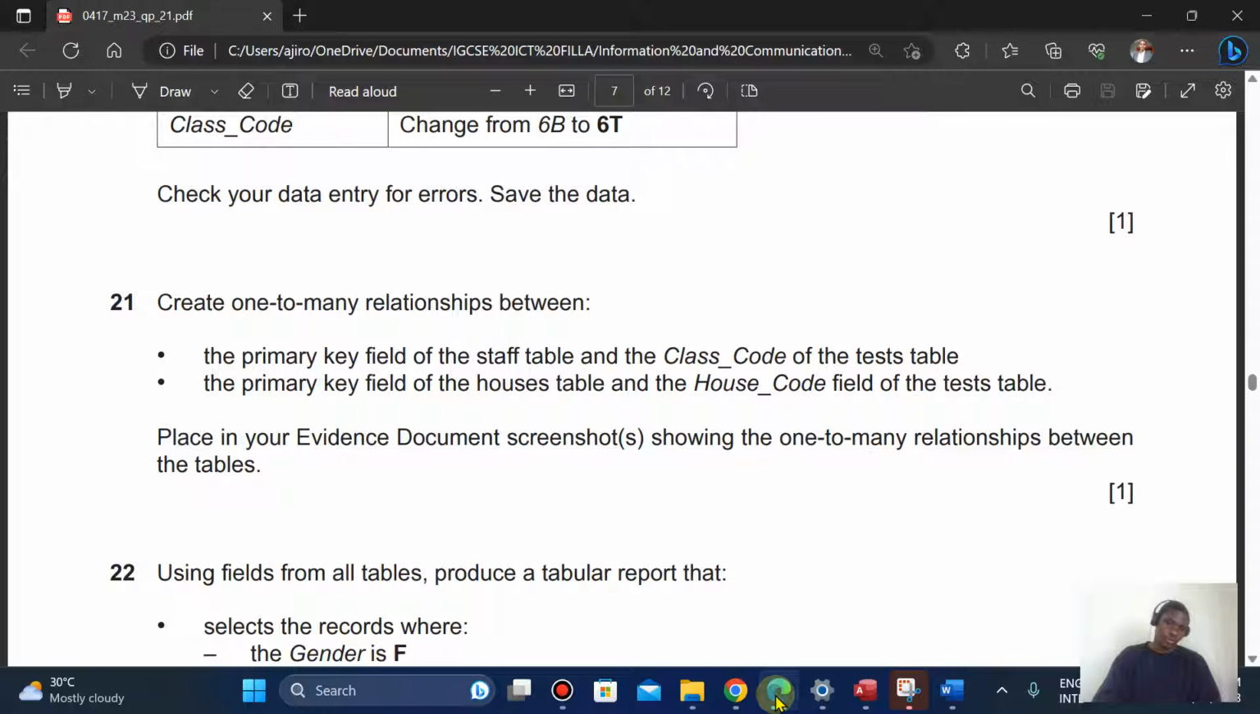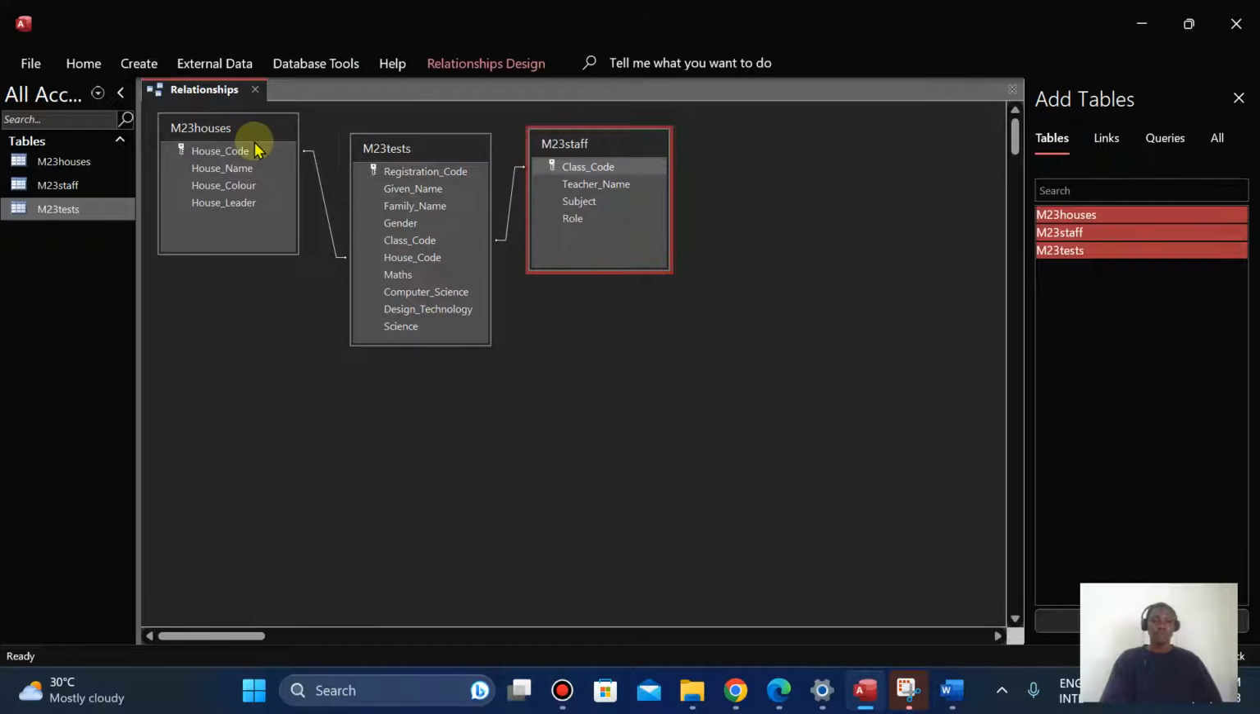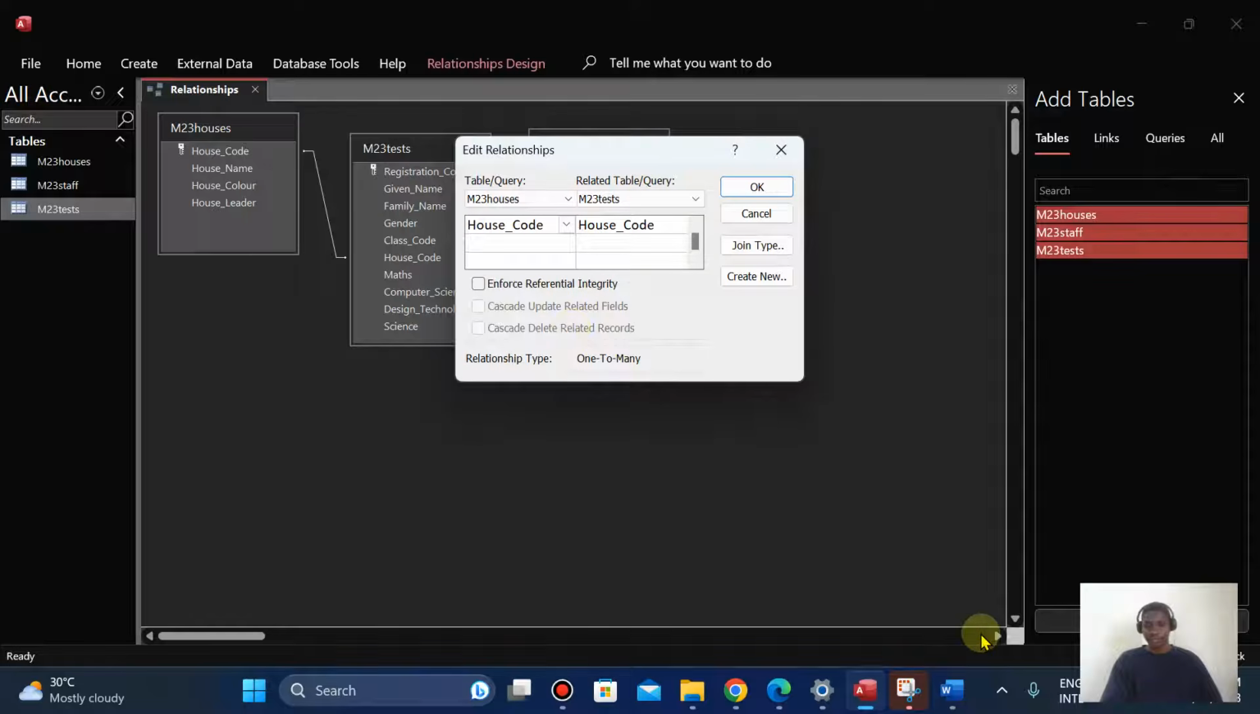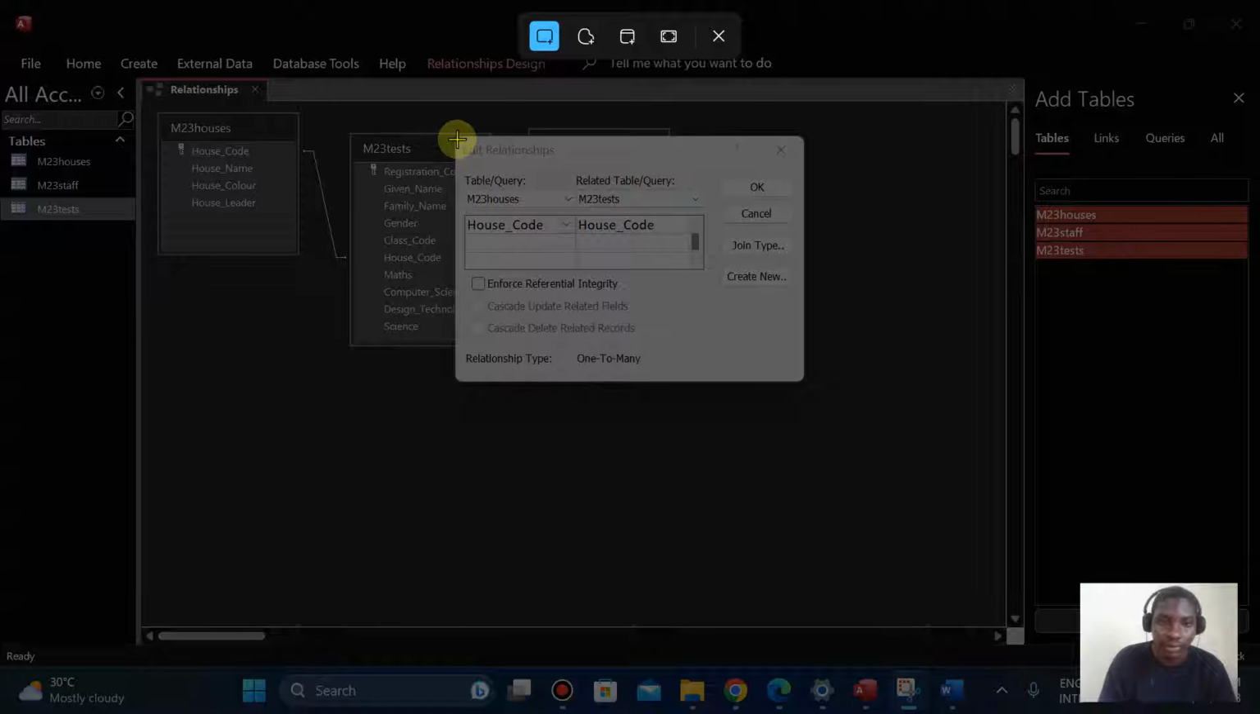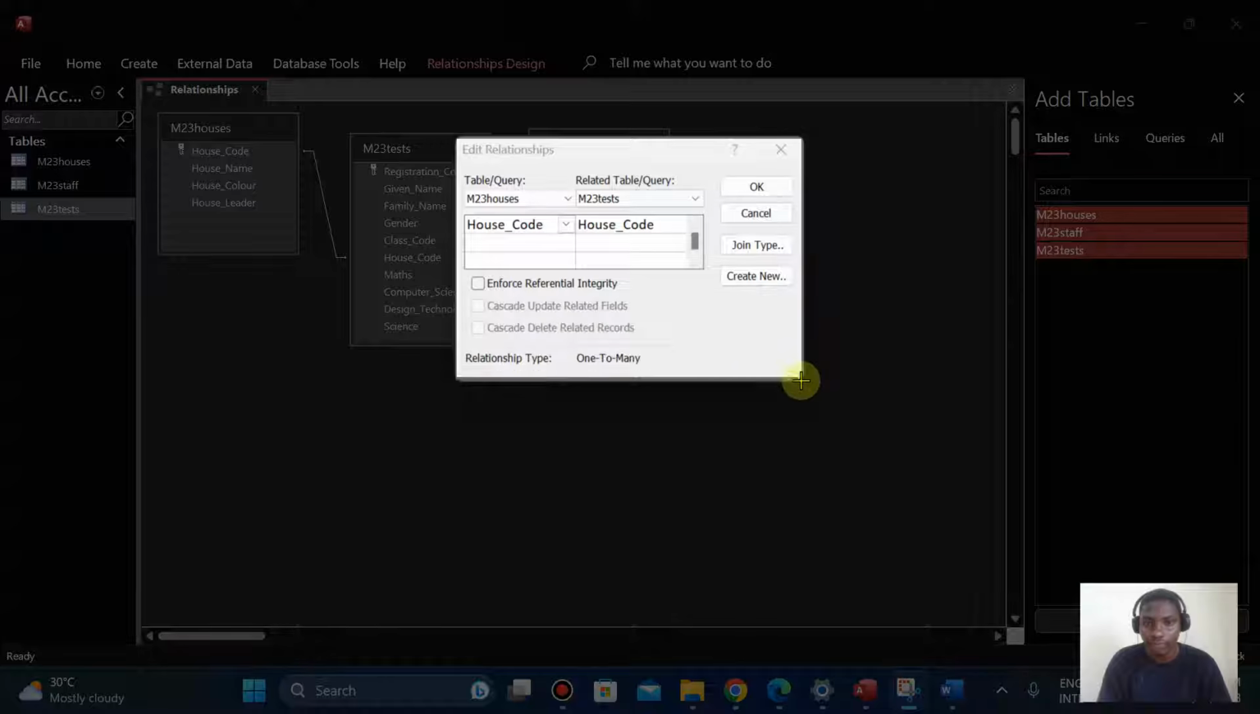Place in your evidence document the screenshot showing one-to-many relationships between the tables. In your evidence document, screenshots, more than one, showing the one-to-many relationship between the tables. So let's do this. In between this, we're going to right click and click on edit relationship, and we're going to take the screenshot, right? So snipping tool, okay, and everything, because they want to see the type,